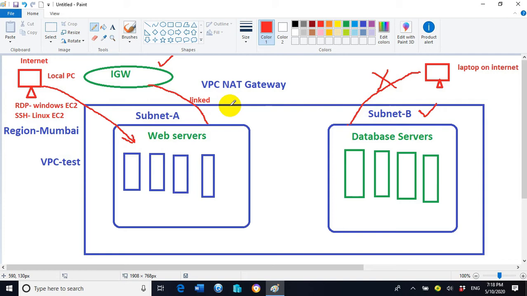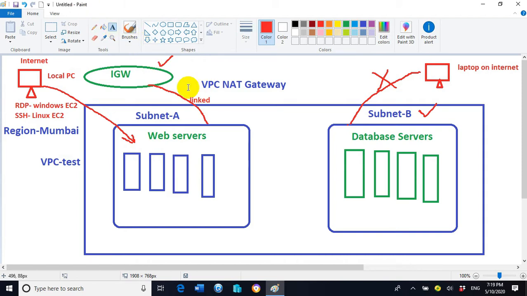So this is the importance of the internet gateway. But sometimes we require an internet connection in subnet B. What is the reason we require an internet connection inside subnet B?